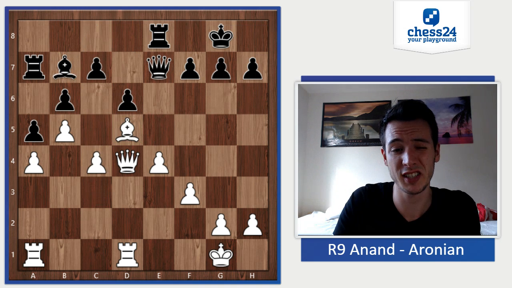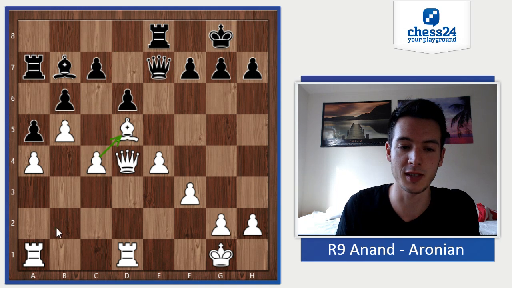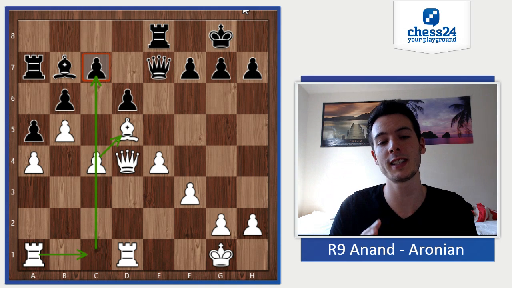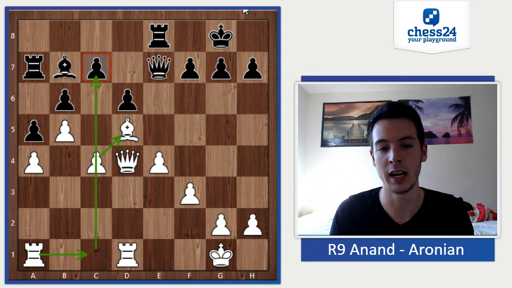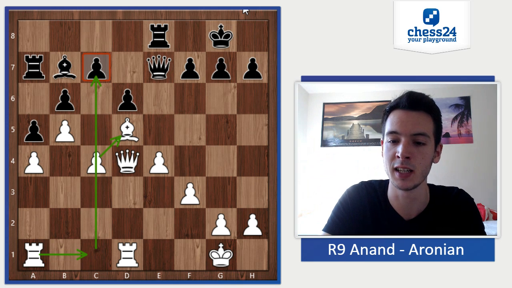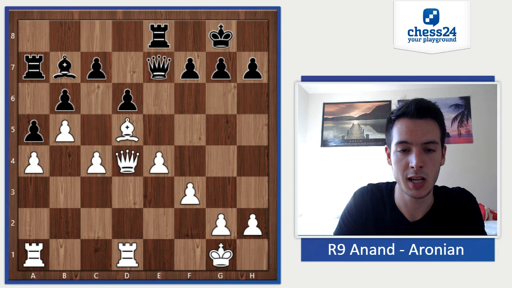Bishop b7, but now c4, and whenever black is now going to take on d5, white is going to recapture the c pawn, opening up the c file and having another target on c7, and the whole queen side will be fixed, and black will have a hard time to create any passed pawns in any arising endgames later on. This is exactly what we'll see. So queen e5,